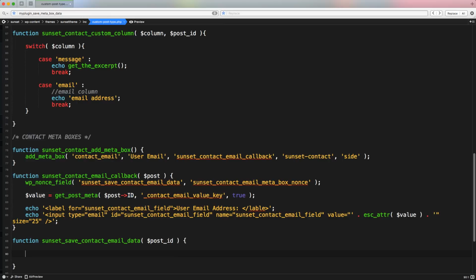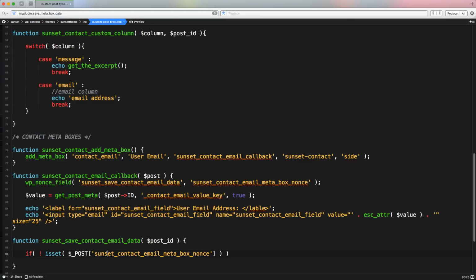So first, we have to do a lot of security tests. So we have to check with an if statement, if exclamation mark to say that is not, if is not set. So if it's not set, the $_POST square brackets, we have to check if the nonce is not set. So this nonce that we're generating here, this is the unique string name of the nonce. If this is not set, so we are checking if whatever post message, when we save something, when we save